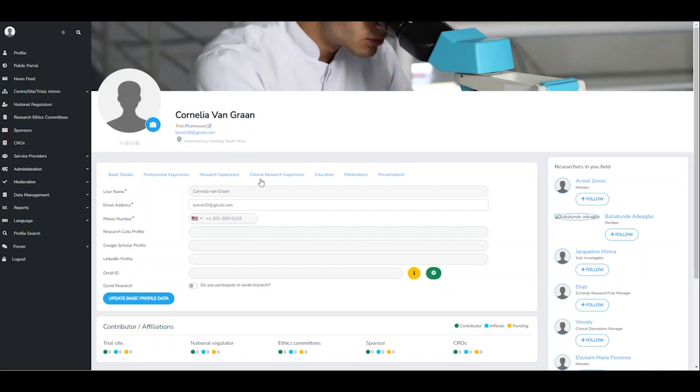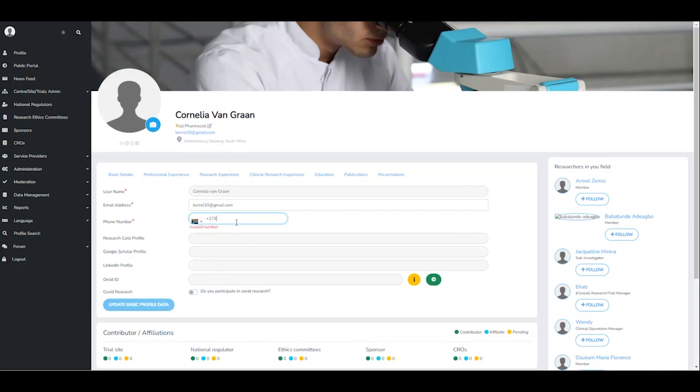Just below, you will see there are a few different tabs where one can enter basic profile information with regards to yourself. From here, you will see that your username and email address has pulled through from your login, and that all the questions with the red stars are required questions that need to be completed to complete your profile. I am living in South Africa, so I am going to select South Africa, and that will just help me with the prefix for the cell phone number, where I will complete my cell phone number. If you have a ResearchGate, Google Scholar, LinkedIn, or ORCID profile,